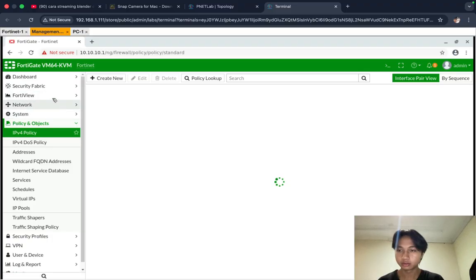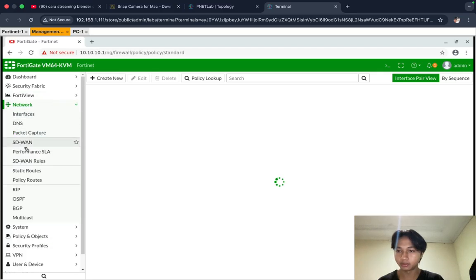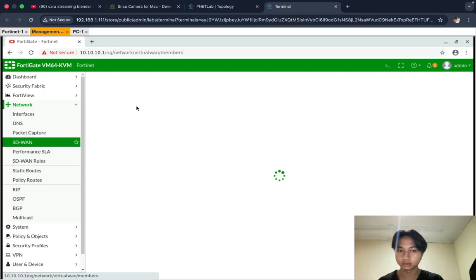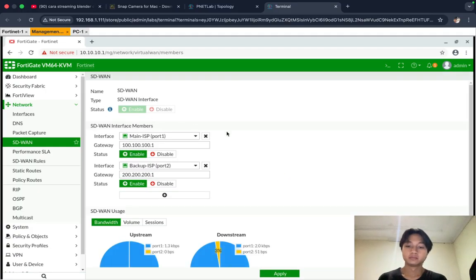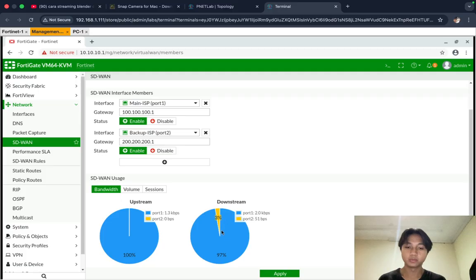And then I want to see the SD-WAN. You can see port 1.